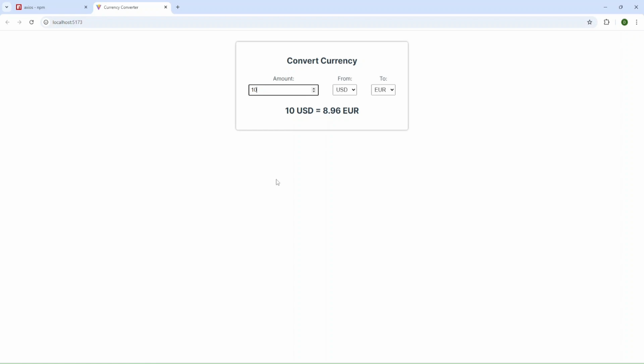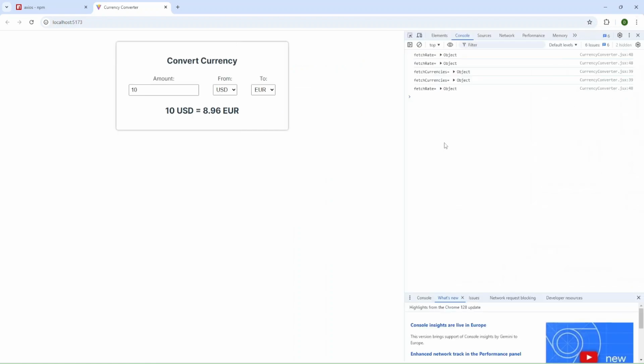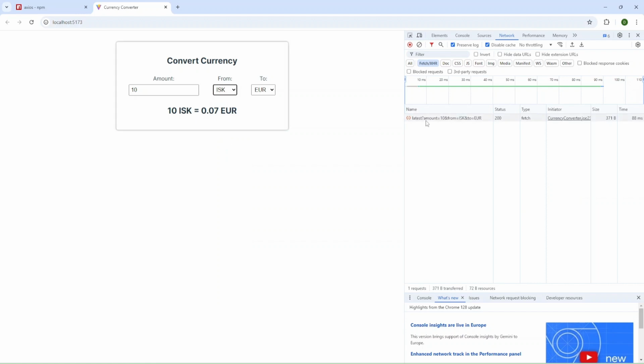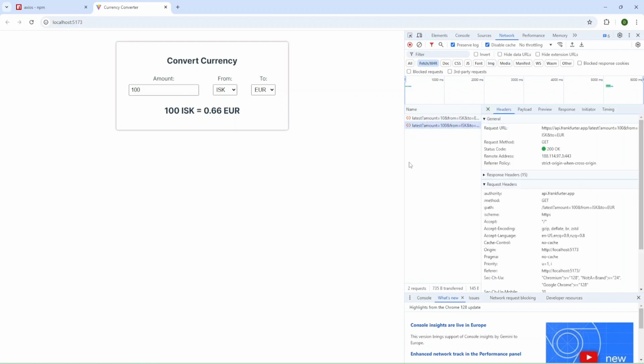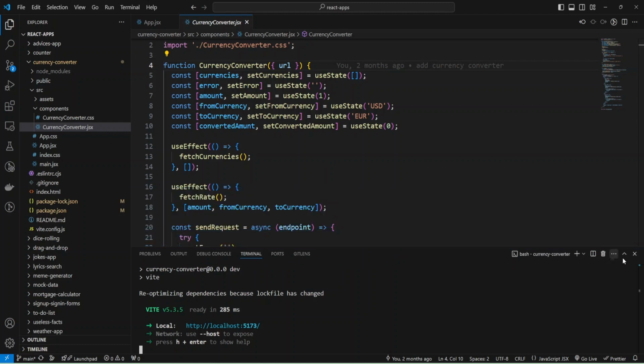And I can change amount, and let me open developer tools, and we have network requests, and I can change currency, and every time I change something like amount, from, to, the request is sent to the server. Okay, let me change to USD and return $10, and I can hide this panel.